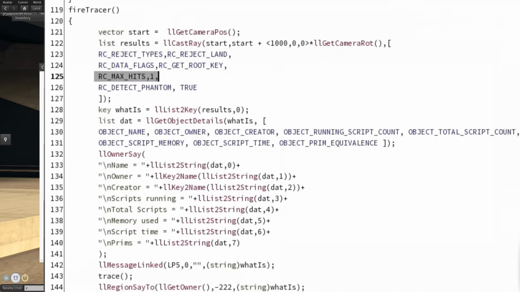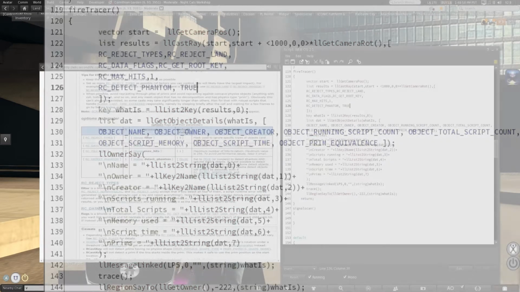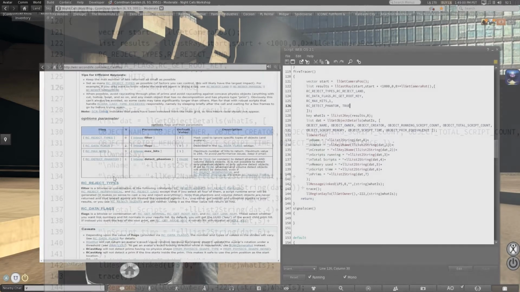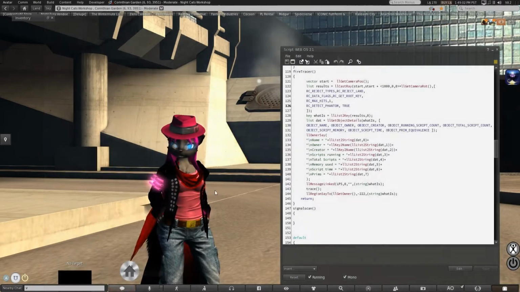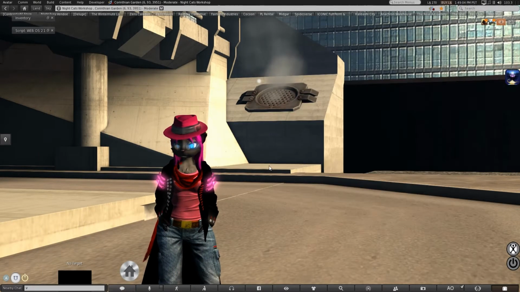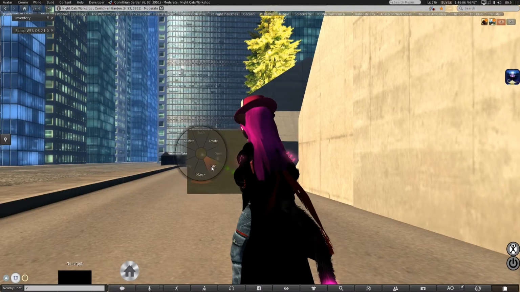Raycast max hits 1. What that means is that it gets the first thing and then it stops. If I didn't have that, it would keep processing things until it reached the maximum of its distance. And then raycast detect phantom equals true. All that actually does is that if I turned this phantom